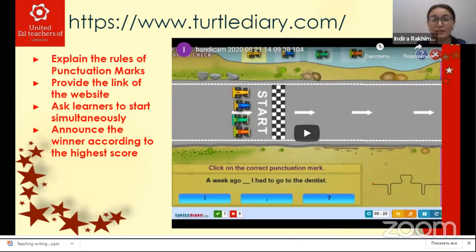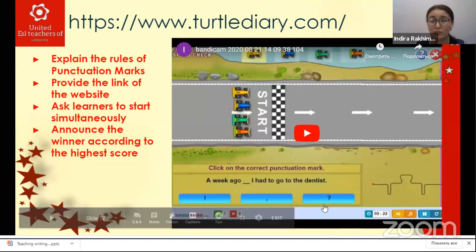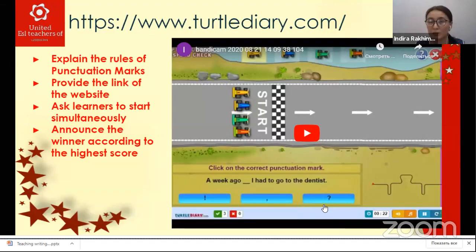In order to use this website, you should firstly pre-teach the punctuation marks, because this website covers punctuation, and you should provide the link of the website in order to make it easy for them to access the site. And you should ask learners to start the game simultaneously, because they have a race, and the person who comes to the finish first will win the game.